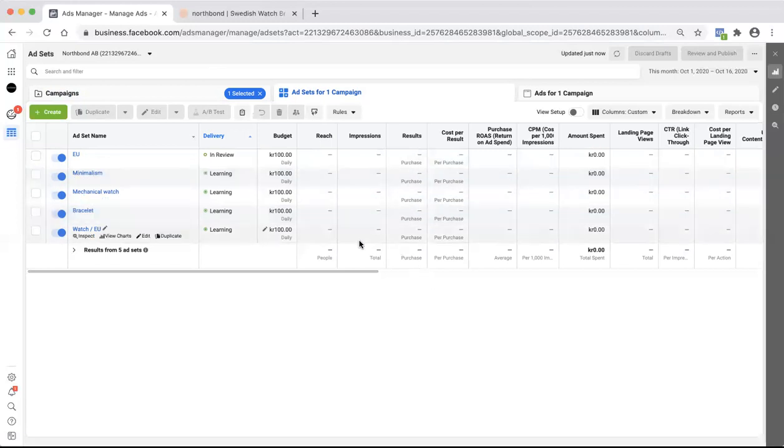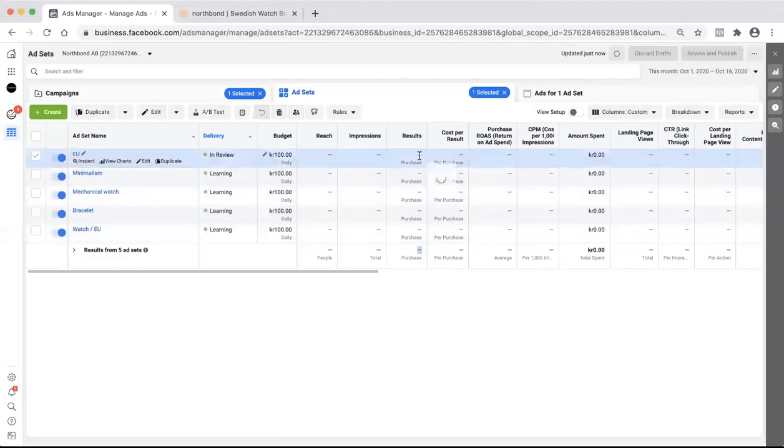You should see a purchase within 3 days at least. And the way you know if you need to cut something is if the cost is higher on one of these ad sets than it is on the overall average. So like if the average is $30 cost per purchase and this one's 40 and it has no purchase, then it's worth cutting. Okay. So that's a good rule of thumb.